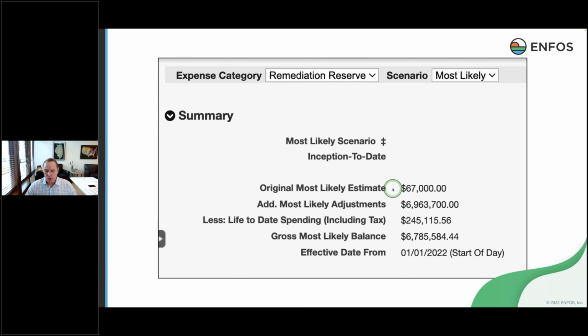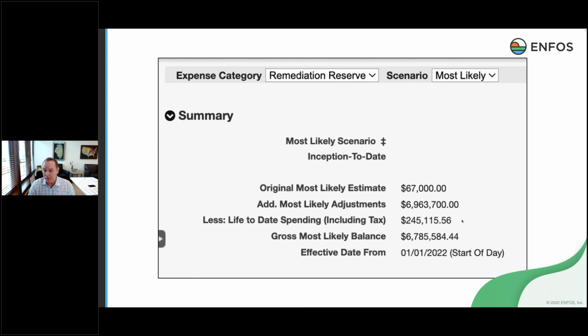program. So I have my original estimate. This is my original forecast. I'm making adjustments through time. This is a principle we're going to talk about here in a little bit. How do I do change management through time? These are my adjustments. My life-to-date spending is tabulated here. My life-to-date spending can only happen if I have an approved proposal and purchase commitment, right?